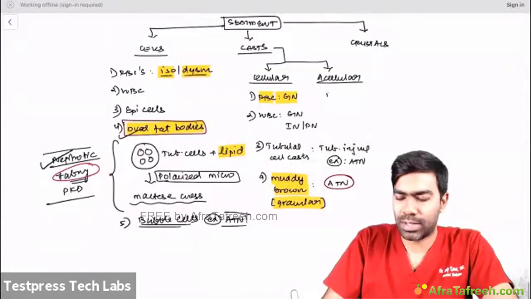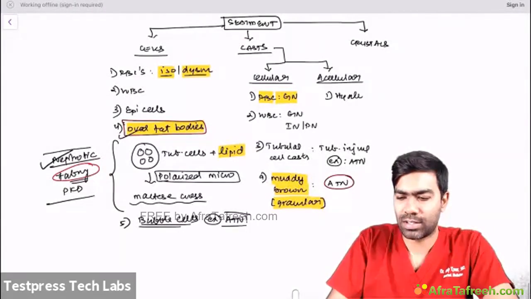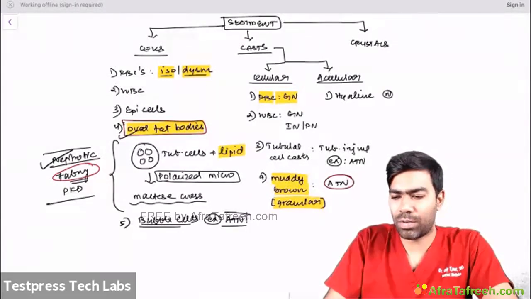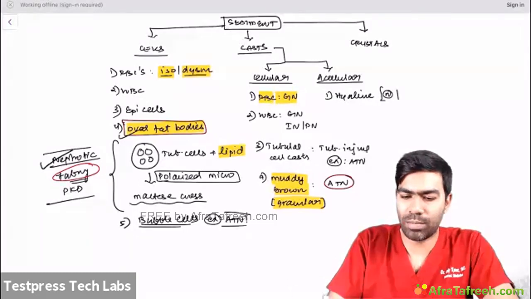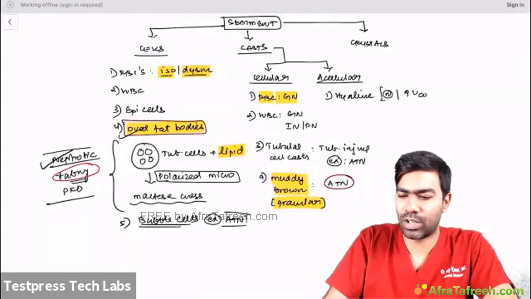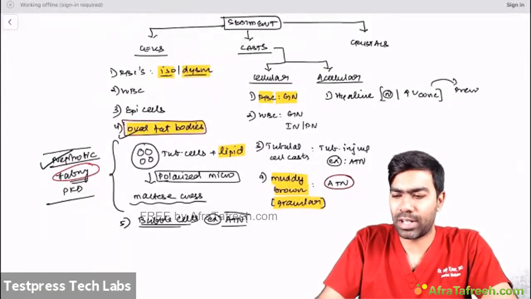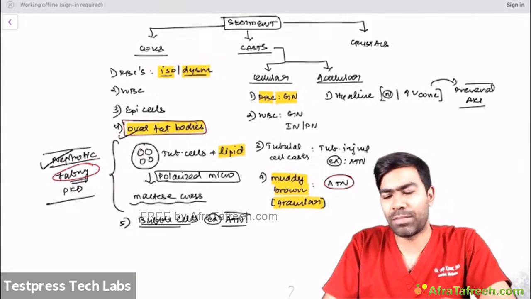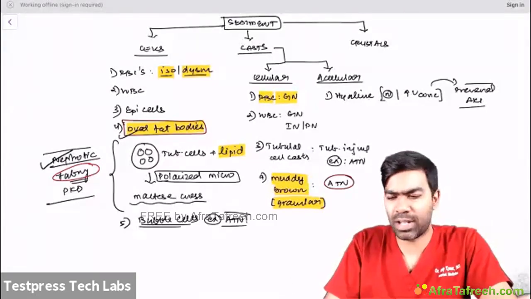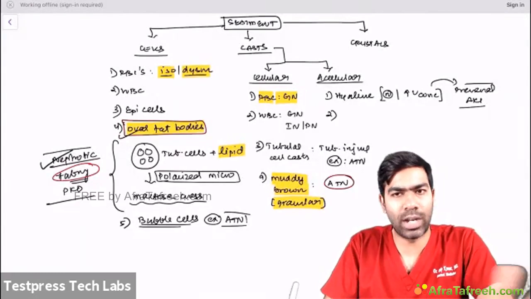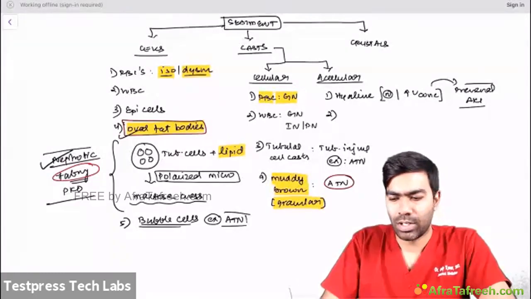Among acellular casts, basically we have the hyaline cast. It's a completely normal finding, or it can indicate increased urinary concentration. If you see them in more number, they just indicate increased urinary concentration. Increased urinary concentration sometimes can happen in a prerenal AKI. It's not specific for prerenal AKI, but in exam they specifically ask you, it can be seen in prerenal AKI, but it does not have any significance, no value, a non-specific finding. Or you can have a